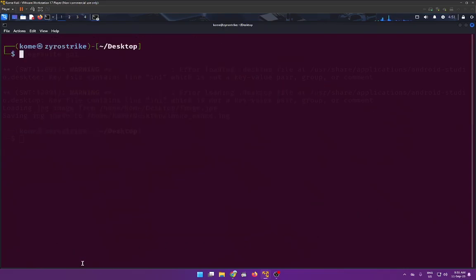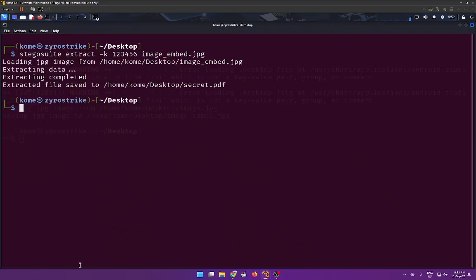That's why we didn't get that, but we can also do Stego Suite extract -k for 12345 and we are looking at image_embed.jpg, and we have our